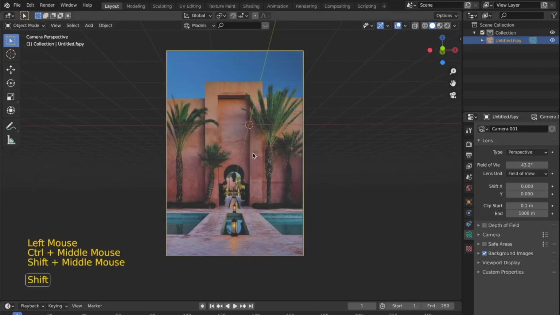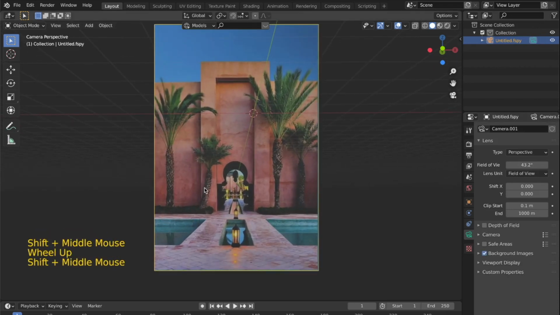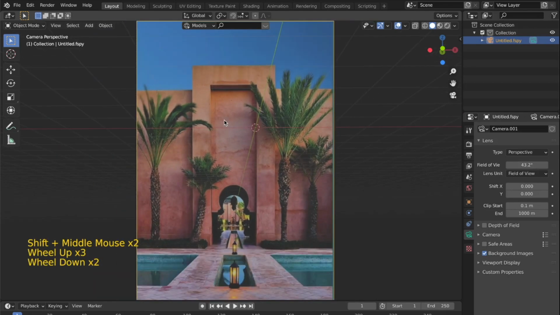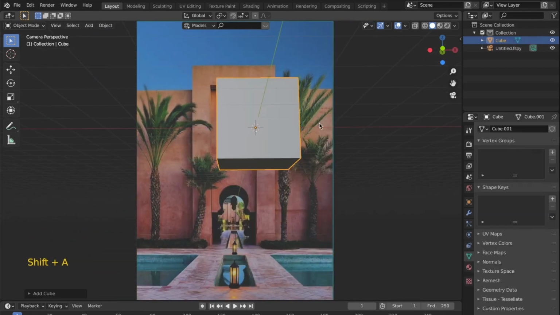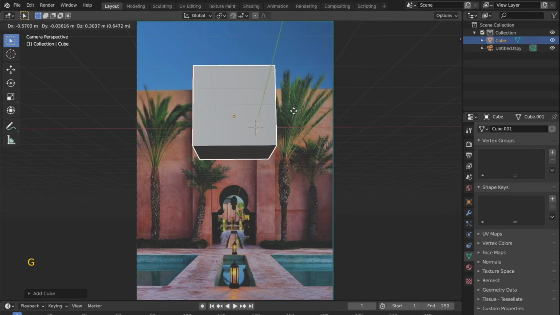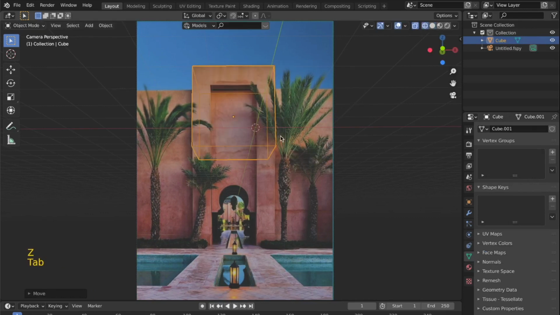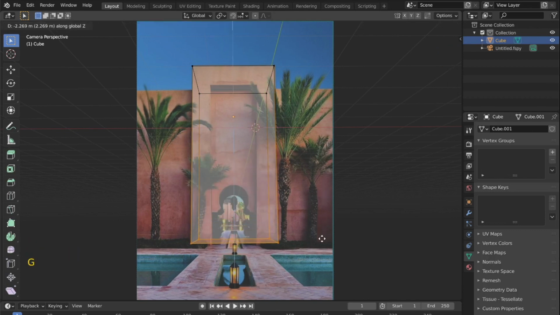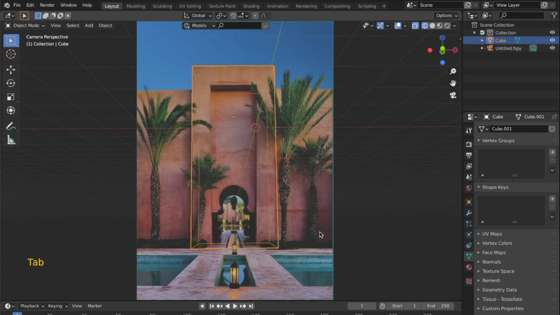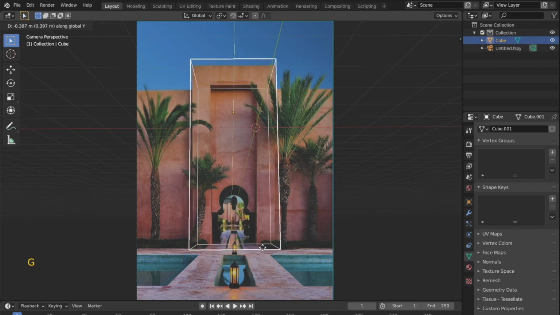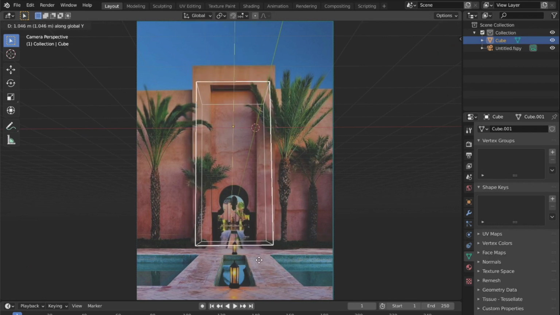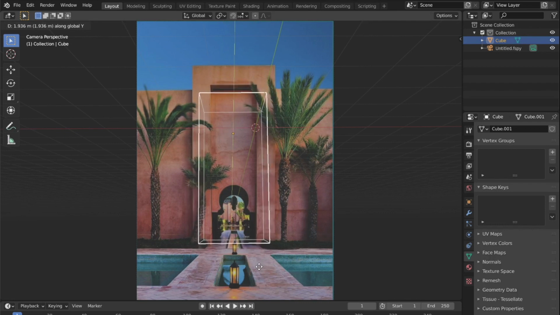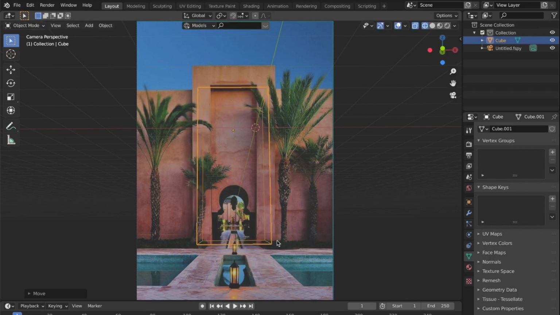So the first step over here is to actually model this gate right in between. To do that, I will first bring a cube into the scene. I will place it somewhere over here, and then by pressing G and then pressing Z, I will scale it along. Then as you can see, it is not aligned properly, so I will move across the y-axis so it is aligned over here. Roughly the edges, the bottom edges should meet.